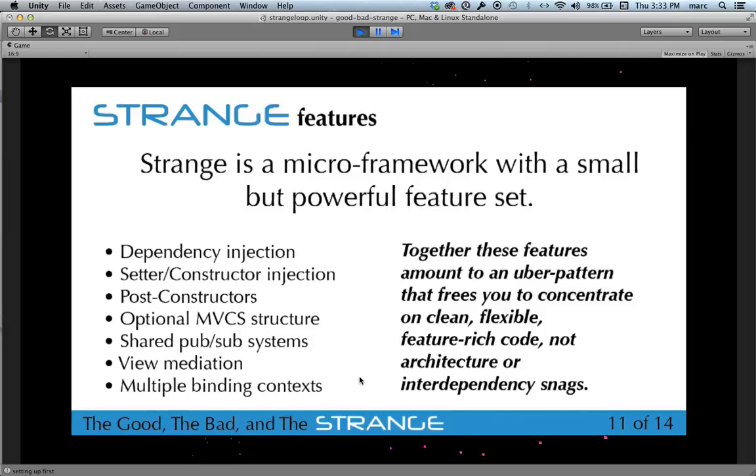And multiple binding contexts. I was showing you contexts earlier. It's where you create your bindings. Having multiple contexts gives you the ability to break a large application into lots of small pieces; you can think of them as scenes, right? Each scene can be a context. You can actually have multiple scenes within a context. There's lots of ways to construct that.